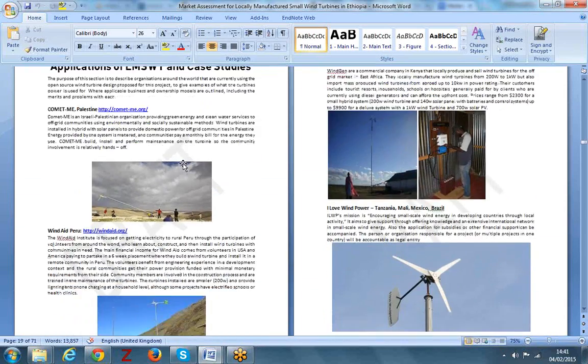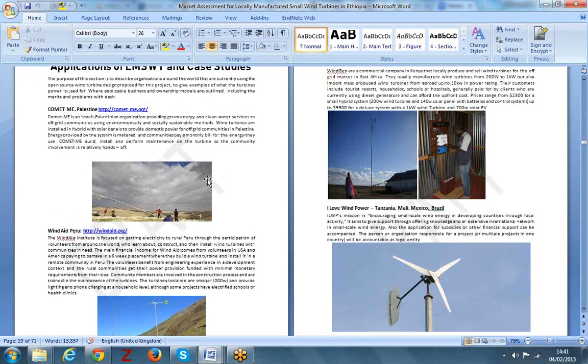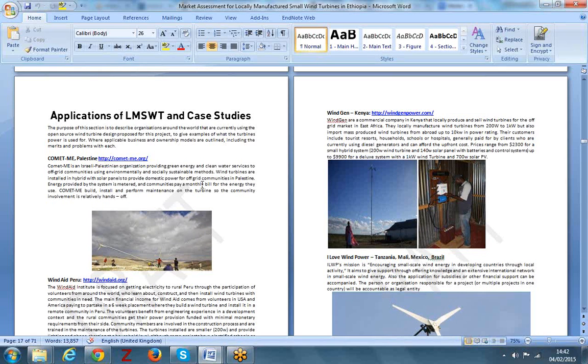I've put also some applications and some case studies. John suggested that these should maybe go in the appendix, but I thought it was quite good just to have some examples of what has been successful in other parts of the world. For example, WindGen in Kenya is just across the border, and they're selling as a commercial company up to 1